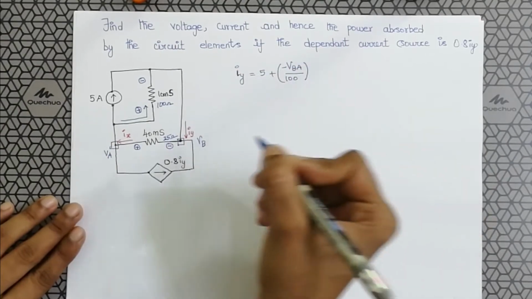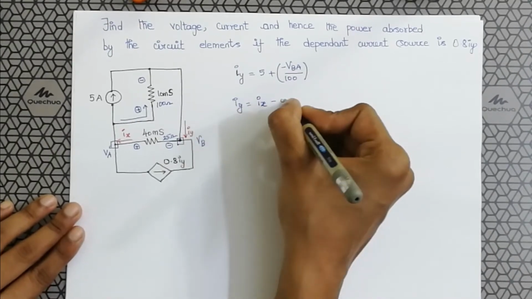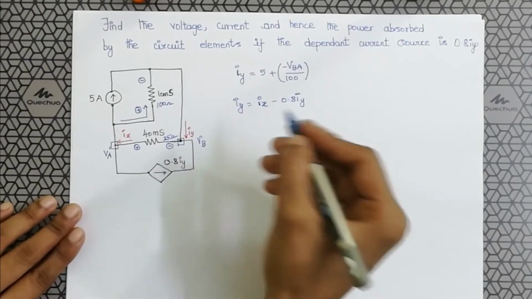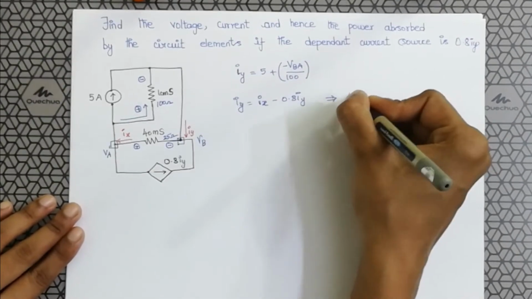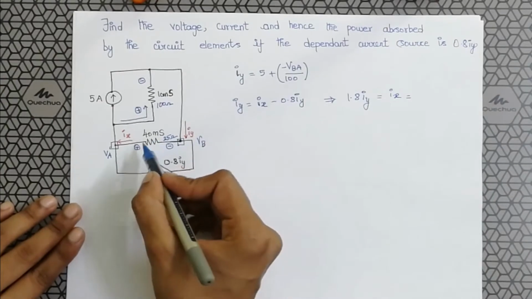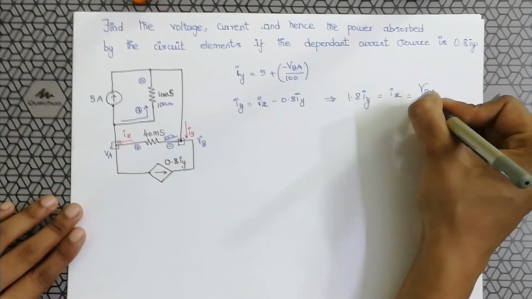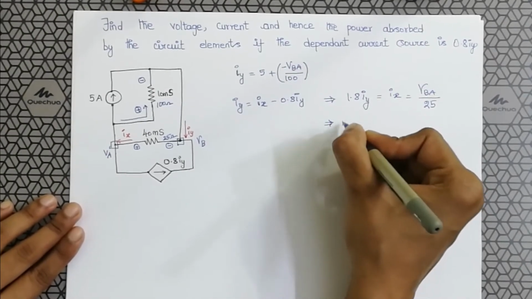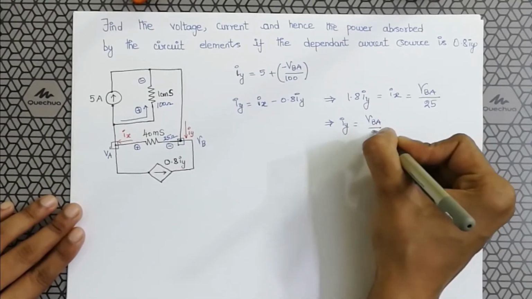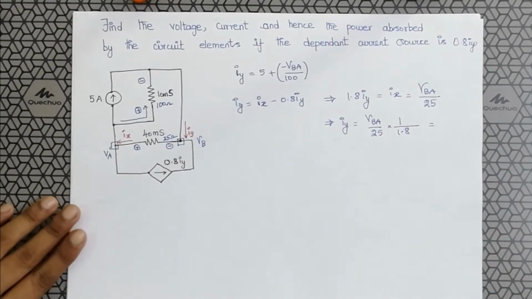Let us keep this aside and let us solve for Iy in this node. Because 0.8 Iy is flowing into this node, Iy is Ix minus 0.8 Iy. So this implies that 1.8 Iy is Ix. What is Ix? Ix is VBA divided by 25. So this implies that Iy is VBA divided by 25 into 1 by 1.8. If I solve, I'm getting